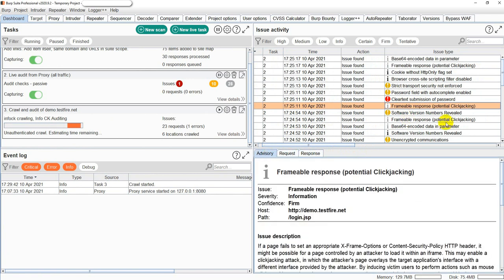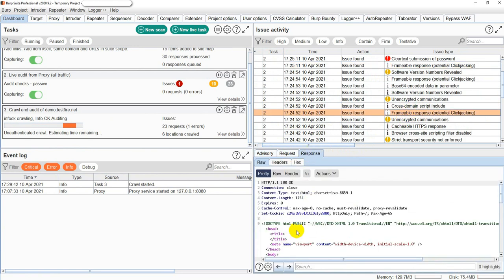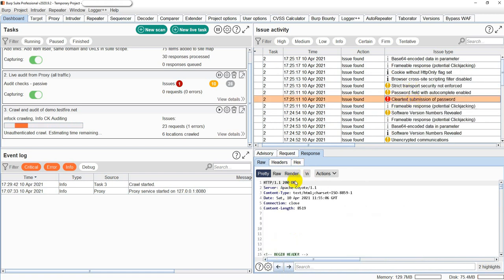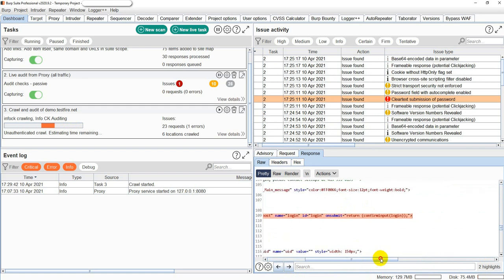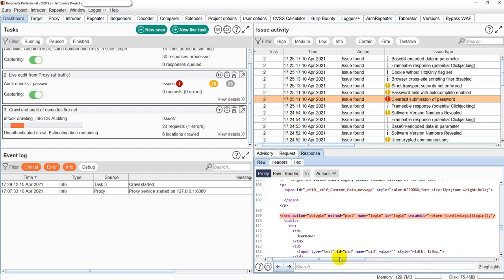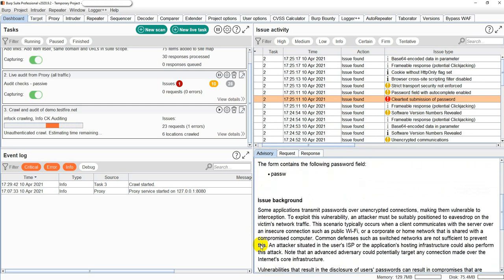So, let's say, I'm going to talk about one of them. Yeah, let's say clickjacking. Okay, so it will highlight somewhere where it has found this issue. Let's say I'm selecting this one. Okay, so you could see the two highlights. If you tap that, it will say that there is an issue with respect to this area. You need to check that, and it will also give you some details about the particular vulnerability.